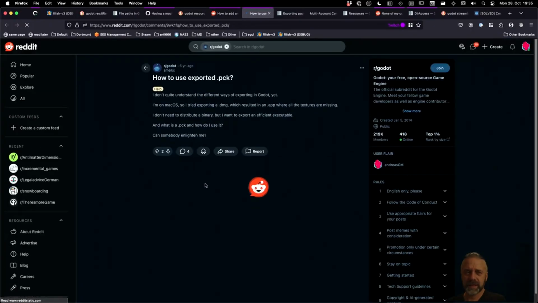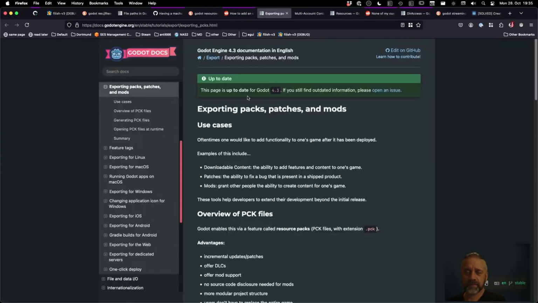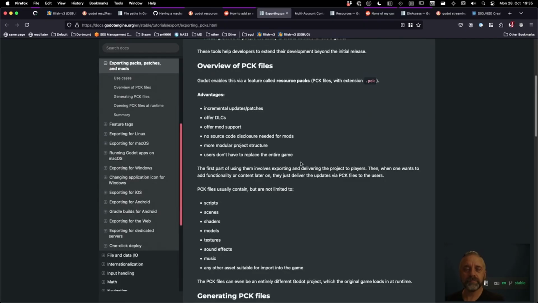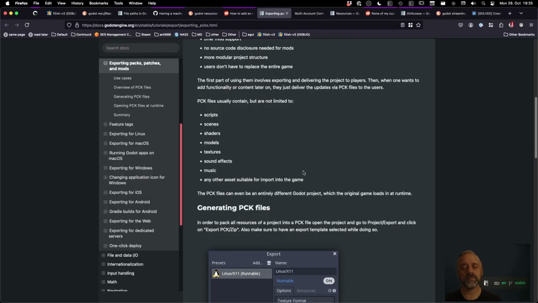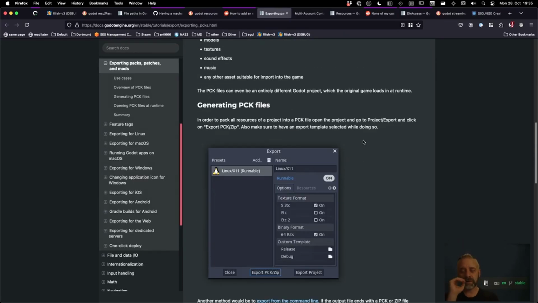This doesn't make sense. Generating PCK, right? We could